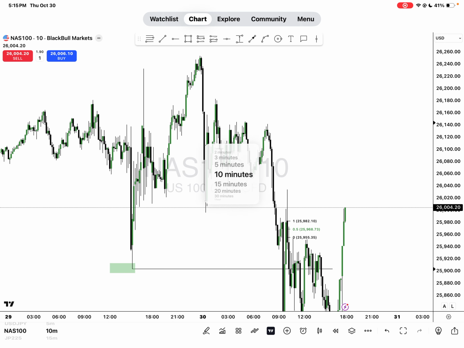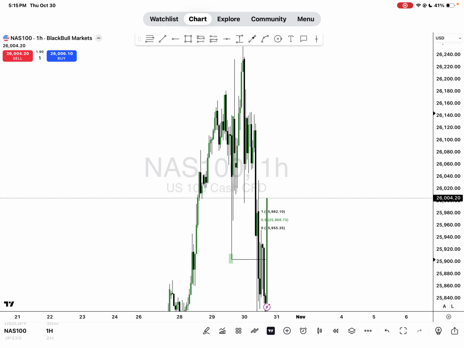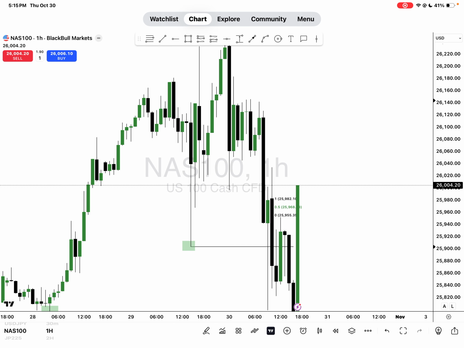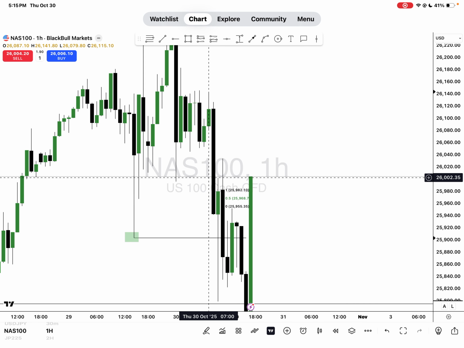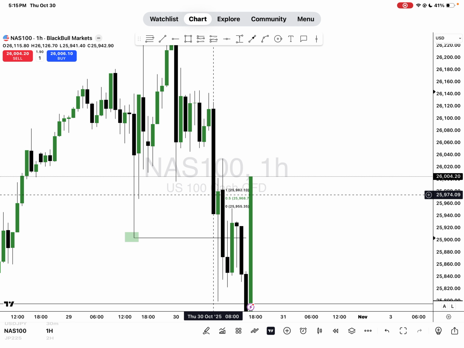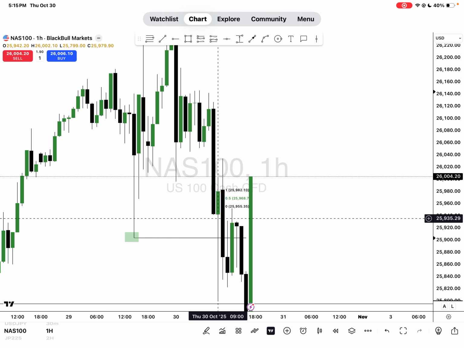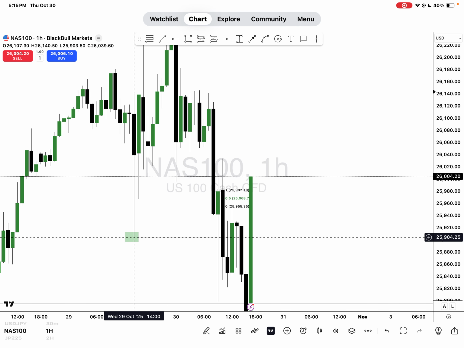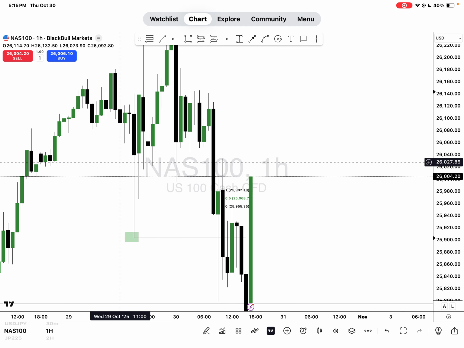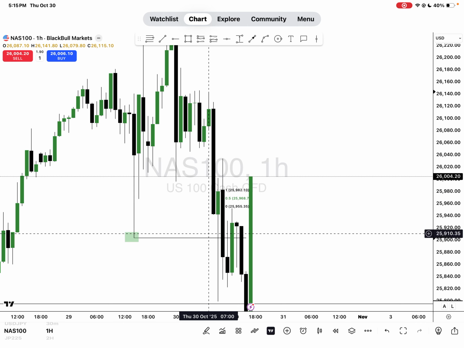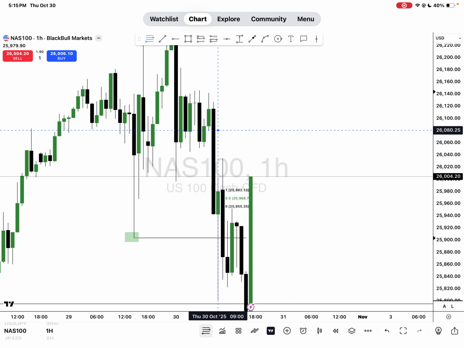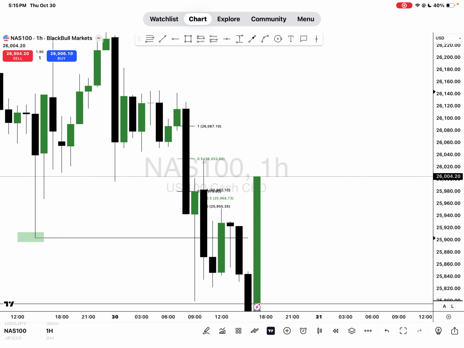Okay. This low right here is still intact. So what I ended up doing was I scrolled back out to about the 1 hour time frame. And at the time, once we took that low on the 1 hour time frame, what I ended up seeing was price dropping significantly and then running this low here. And once we ran that low, I saw, oh, there's a price gap here. And based on the momentum, if this is looking like it's going to drop lower, I saw the price gap mitigate. I caught the mitigation here, the action of mitigation right here at 50% of this price gap on the